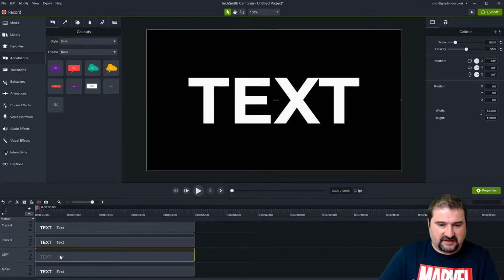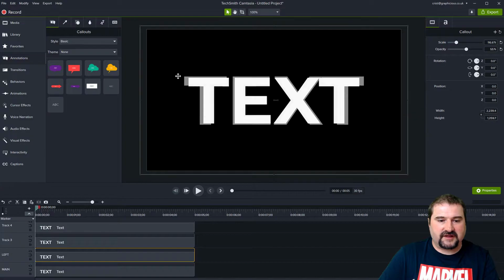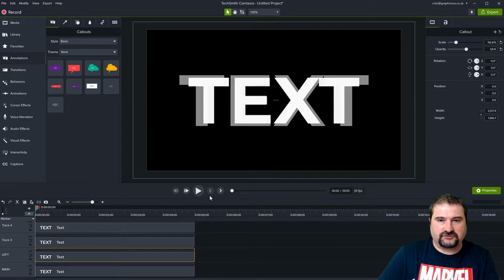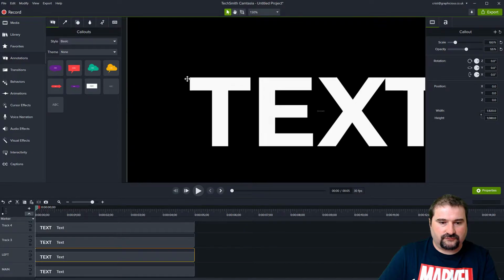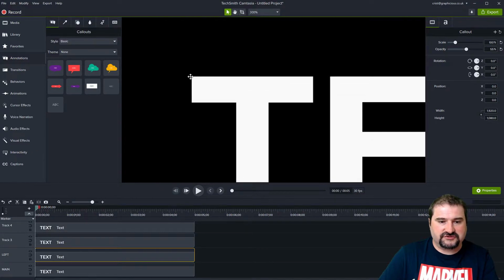Select this text, and don't move your playhead, don't do anything, and zoom in. You can hold down the Control key on Camtasia and zoom, hold the cursor sort of in the corner and zoom in to that point. Don't actually do this when you have the text selected. So I'm going to undo that. If you hold the mouse in the corner and use your mouse wheel, you're going to zoom into that place.